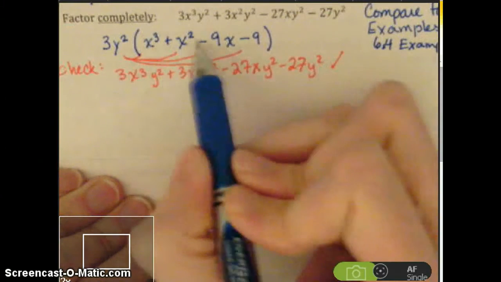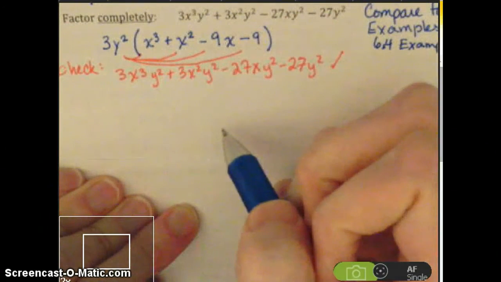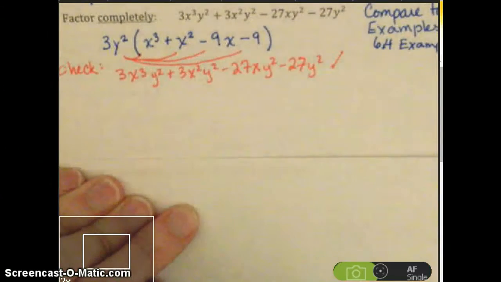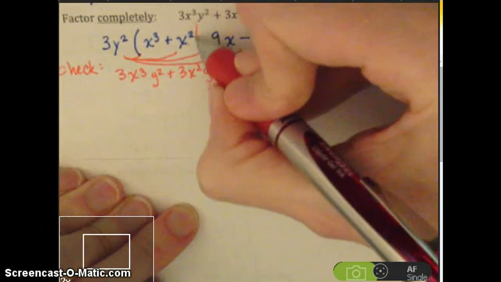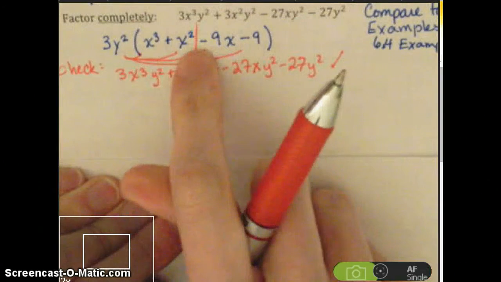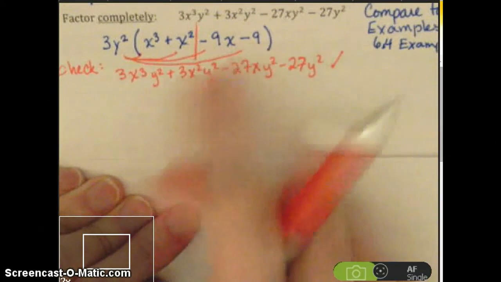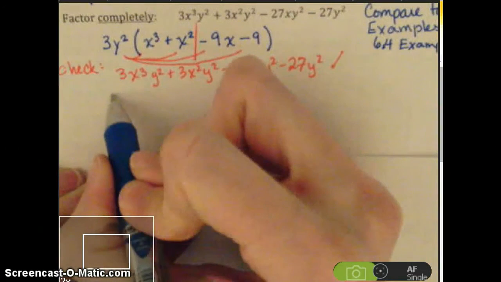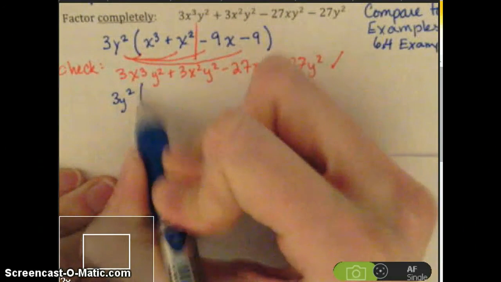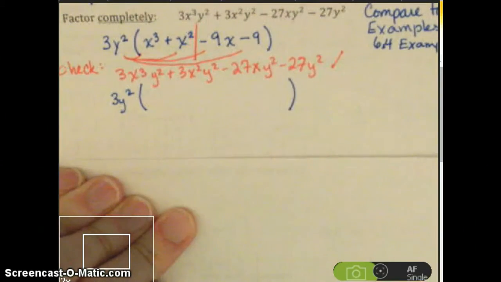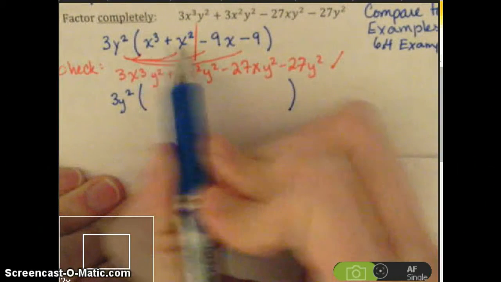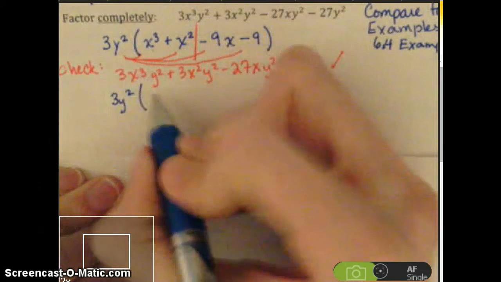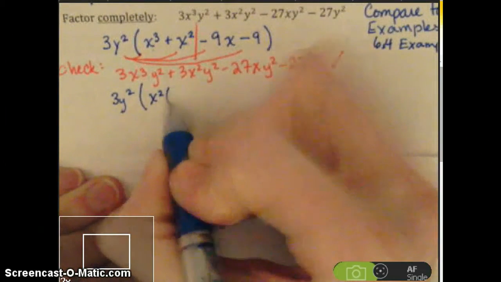But I do have 4 terms, and so the method that applies is factoring by grouping, where I'm going to look at this first half and kind of imagine splitting down the middle, first half and second half, and I'll factor out a GCF from each half. I'm going to drag my 3y squared and these outer parentheses along, I won't lose them. But now in my first half of this inner polynomial, the GCF is x squared, and that leaves me with